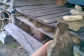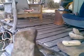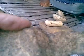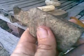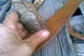The cutting edge in here is particularly useful for smoothing the round shaft of a hardwood spear, and presumably there was a boring beak which has been broken off at some time. More or less the same thing goes for this chip out of here, which means that the boomerang leading edge profile is not quite accurate. So this has been perhaps still in use as a plane. It's been polished by long years of humans holding it, and